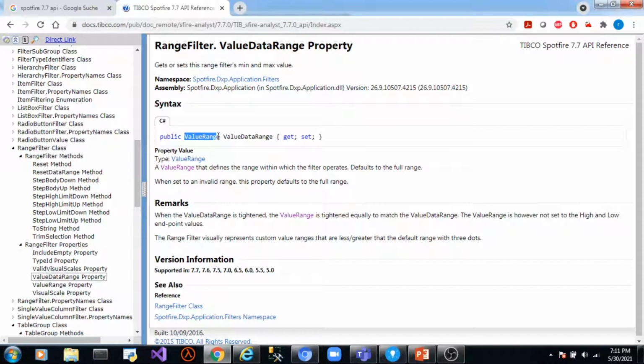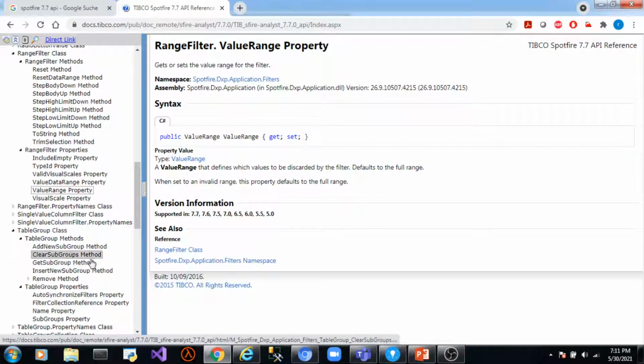Okay, so let's go to the value range class and see what it is. Value range. Okay, so value range is a constructor.